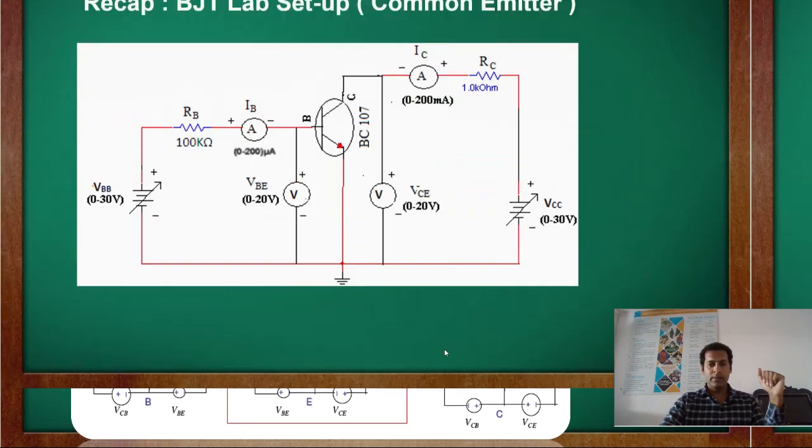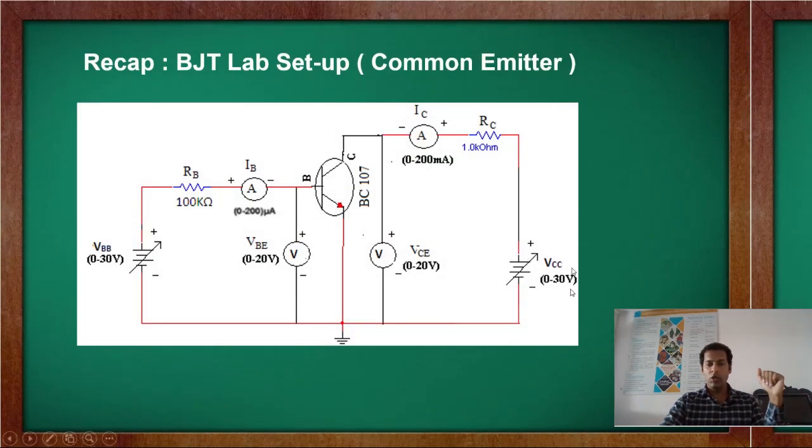Let this be the diagram. VCC is the output voltage. What will be this voltage? This total voltage is divided between these particular parts. One is this particular straight line part of the transistor and another one is this resistance. So this VCC will be equal to the voltage across RC plus the voltage across the transistor. What is the voltage across the transistor?